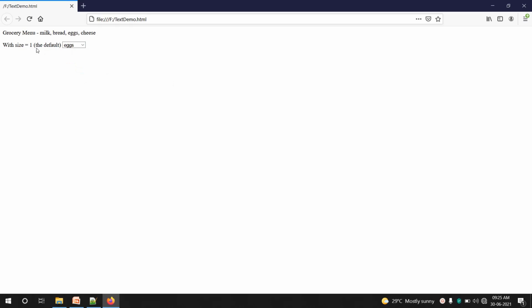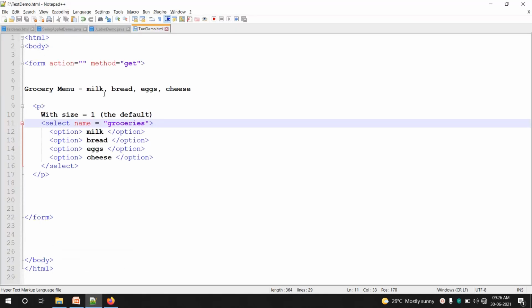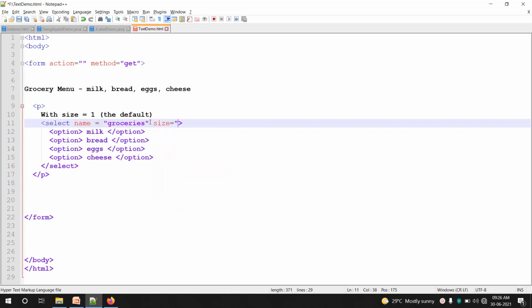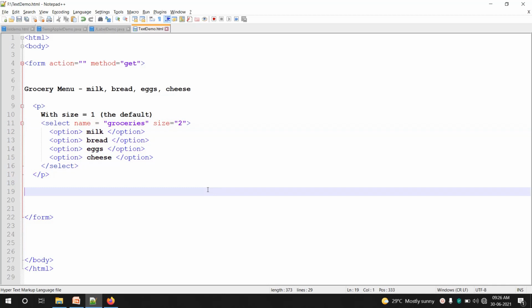This is size 1 by default. If you make the size greater than 1, I'll include it here in the select tag. I'll include size equals 2. Now let us verify the result.